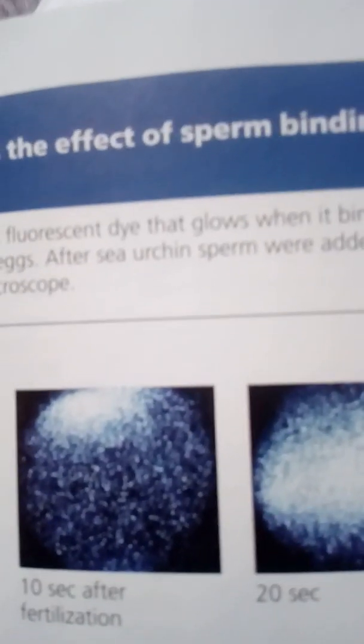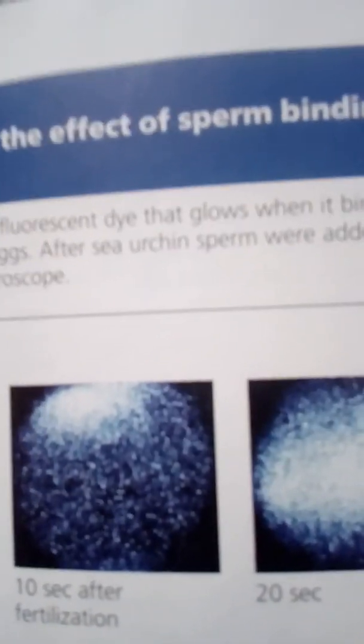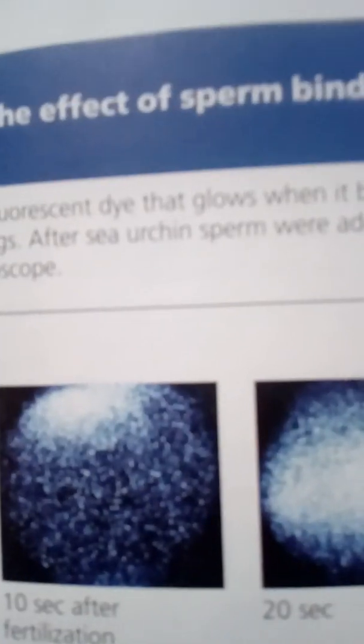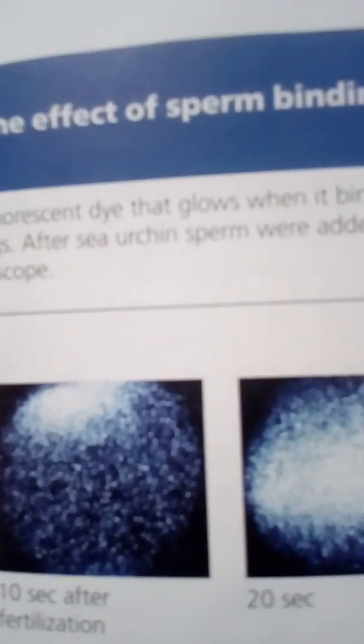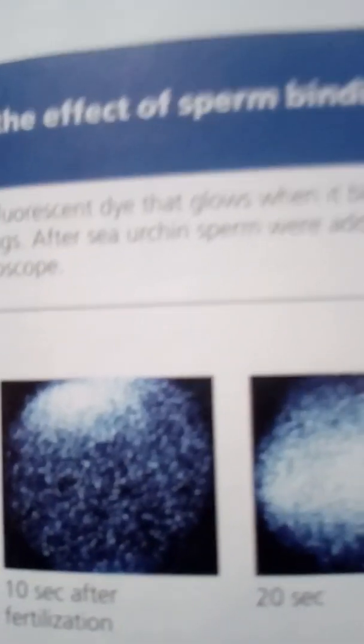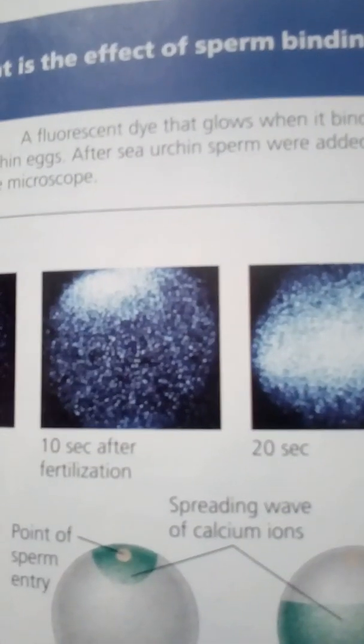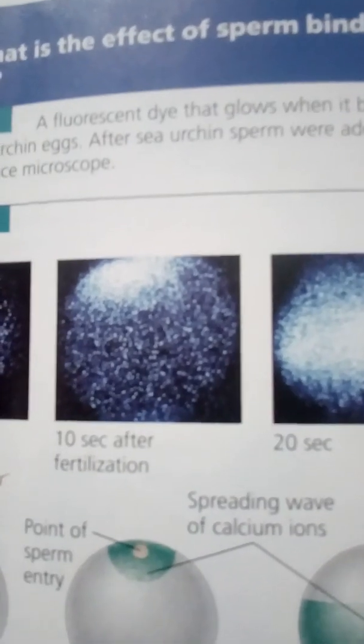This artificial activation switches on the metabolic responses of the egg and causes it to begin developing by parthenogenesis, without fertilization by sperm. It is even possible to artificially activate an egg that has